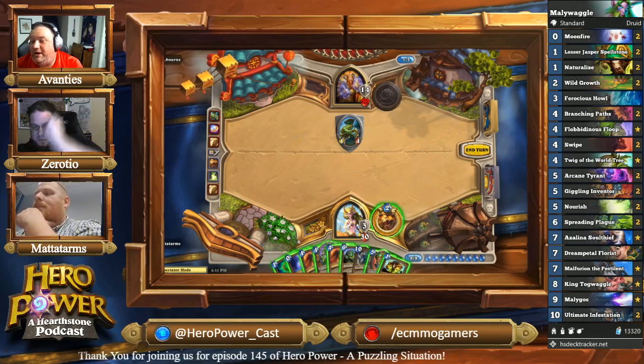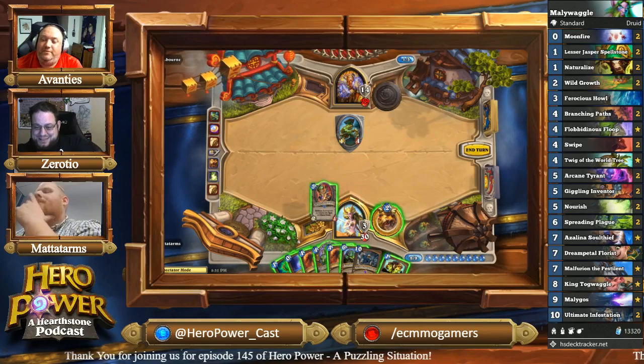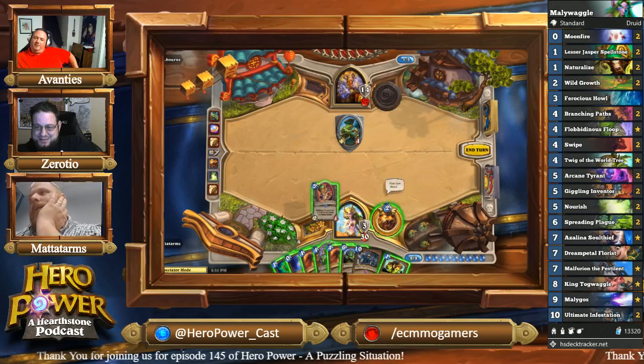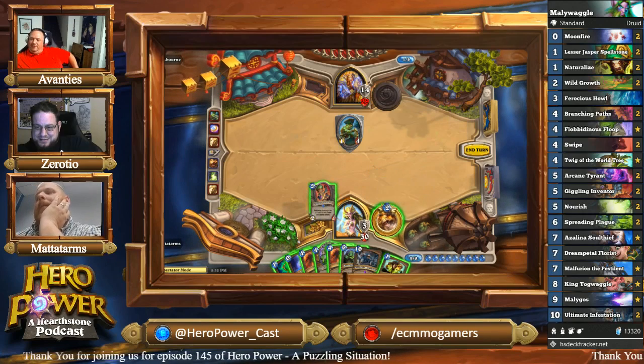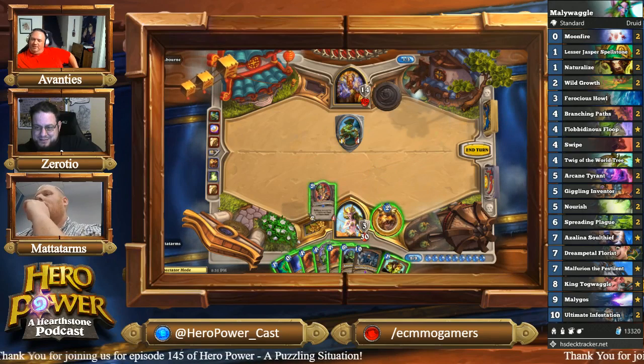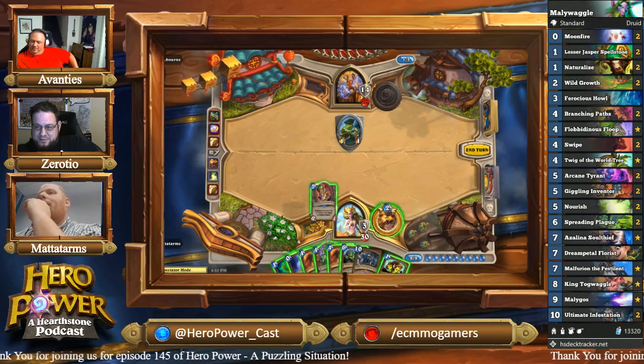Do we Naturalize and force him to burn? I want to wait until we take his deck to Naturalize. Okay. But then again, he's Odd Warrior, so he can't run Dead Man's Hand. No, I'm thinking